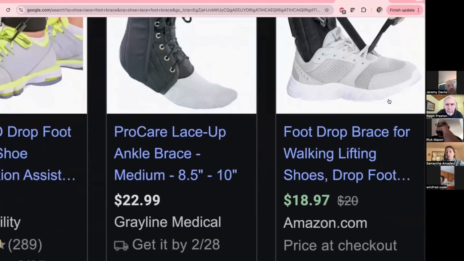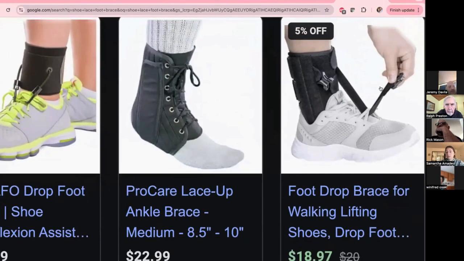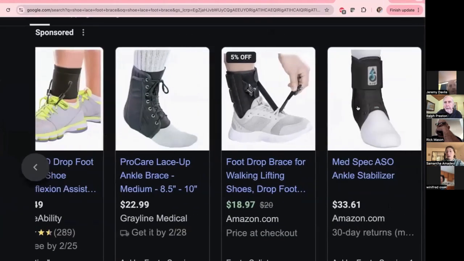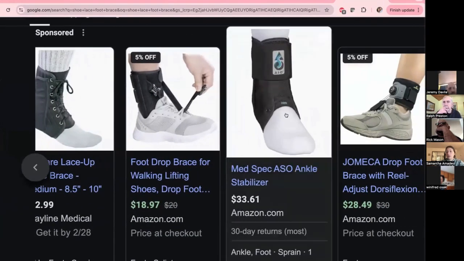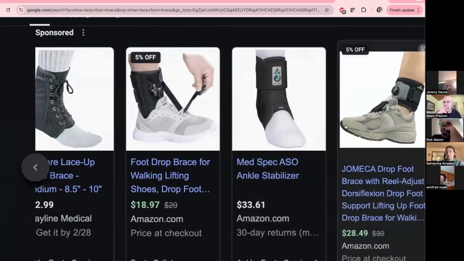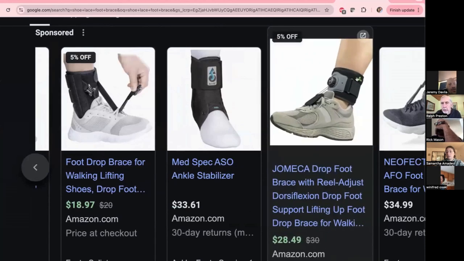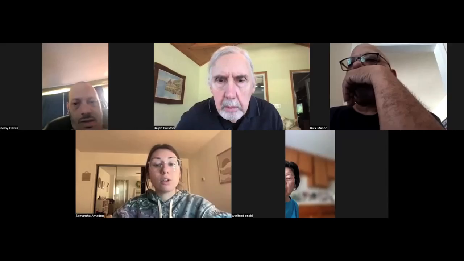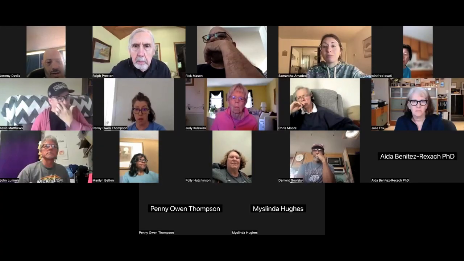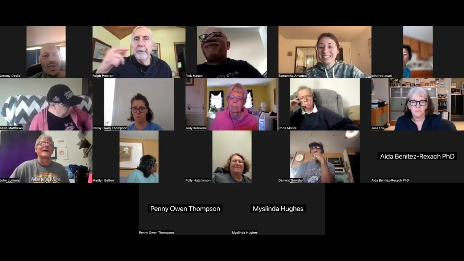See? What is that, 18 bucks? It's not going to give you the same stability and help that an AFO would because it's really only helping with dorsiflexion. This is a very common one that people say they get from CVS, but it doesn't cover the front of the foot, so it's not going to give you anything. So anything like this is nice and cheap. And you know what? On Amazon, if you don't like it, you've got 30 days to return it. And just one thing, Dr. Sam,